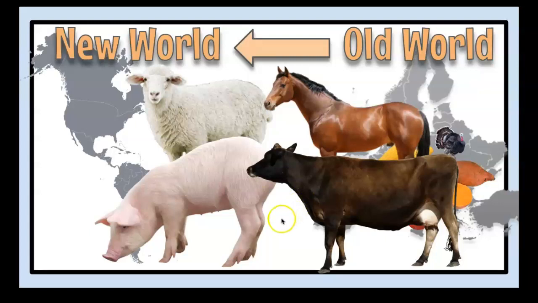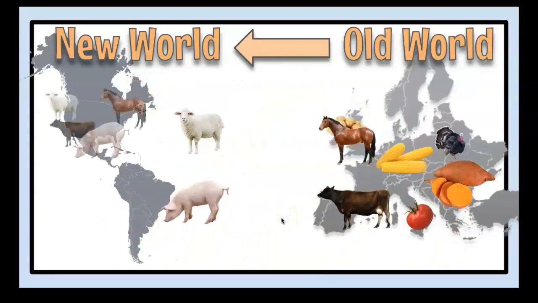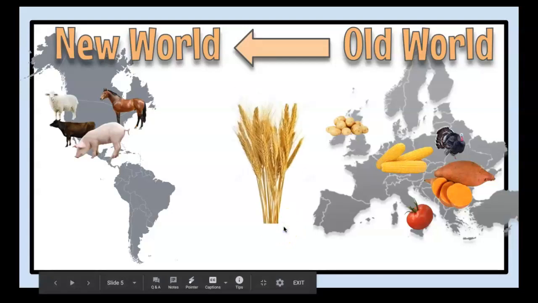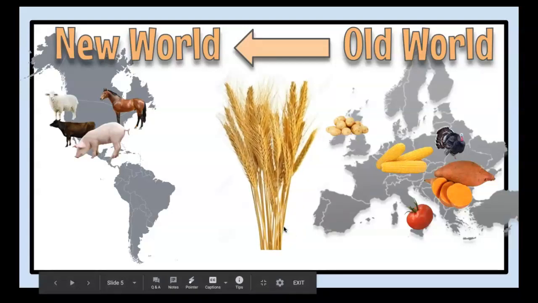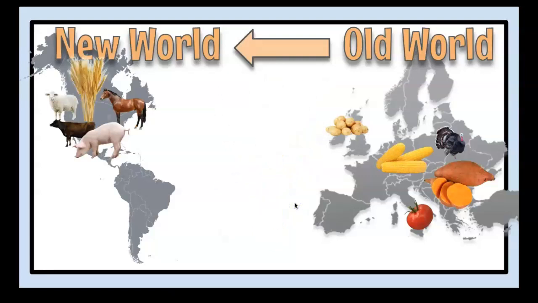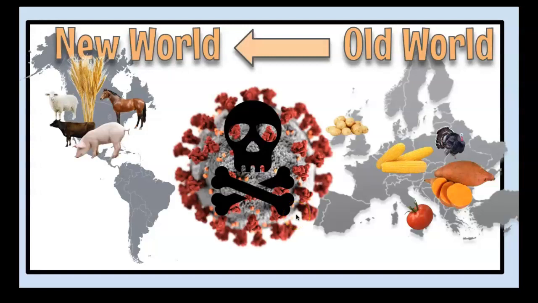If you think about the horse and the Native Americans, a lot of times those two things go hand in hand, but the Native Americans did not have the horse before the Columbian Exchange. Another thing that came over from the Old World to the New World was wheat. If you've ever driven out west and gone through Nebraska or any of those long, boring states, all you see is wheat. So just think of how, when that came over to the New World, it must have changed the landscape of North America. Another thing that came over from the Old World to the New World was a lot of diseases.